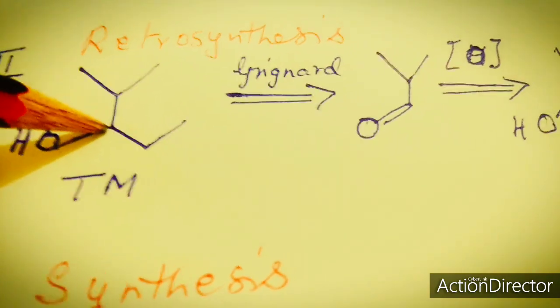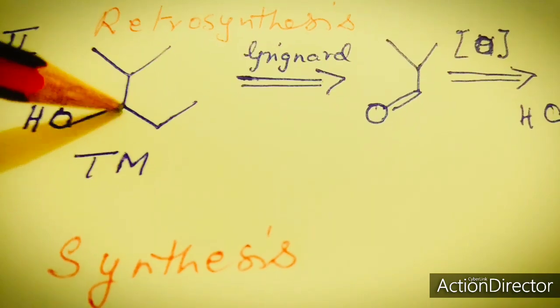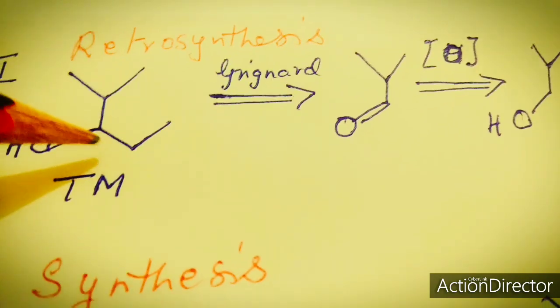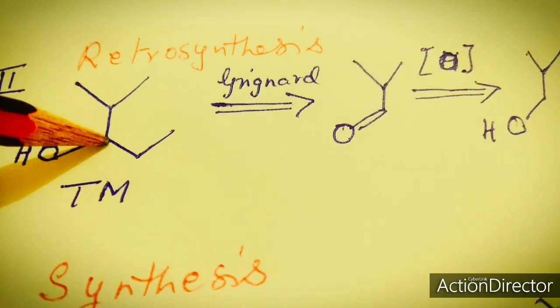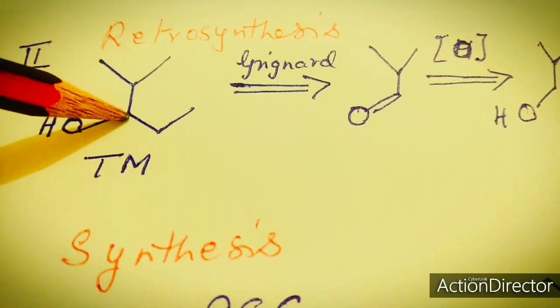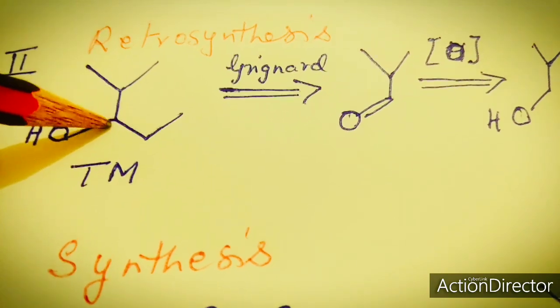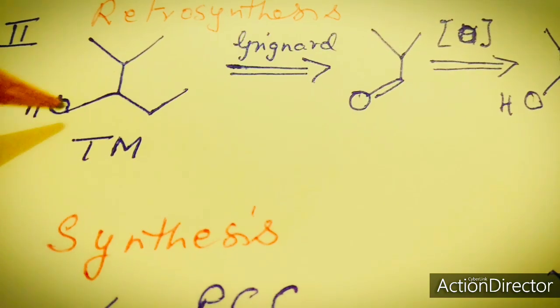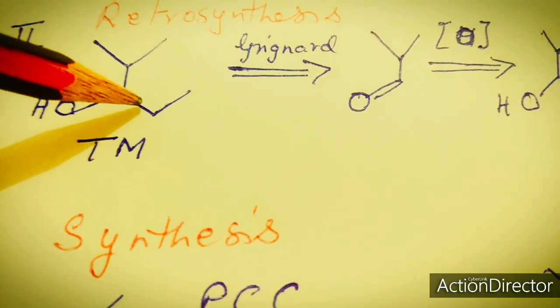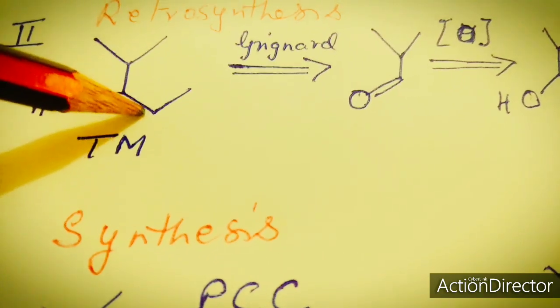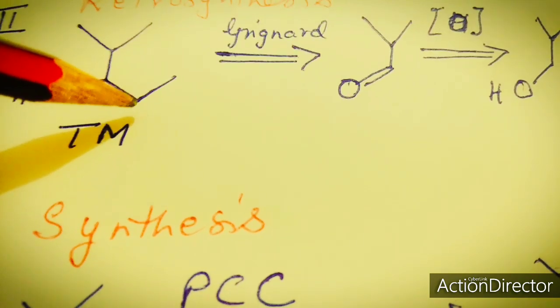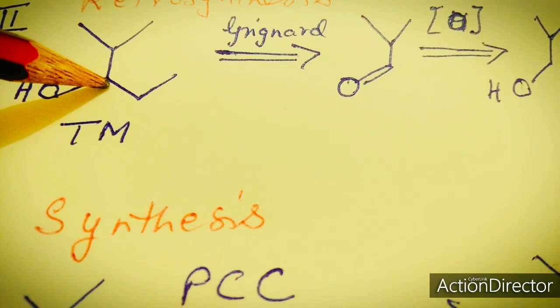So a Grignard reagent, so how can it be disconnected? Again, the disconnection will be such, and this time we are using a carbonyl. This time it is not an epoxide, it is this 1,1 disconnection, not 1,2. So it is disconnected where the functional group is attached. So we will get this over here, that is 1, 2, these will be separated, and this will be negatively charged and this will be positively charged.